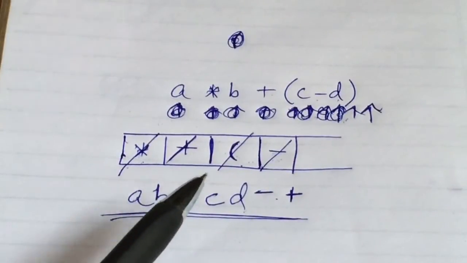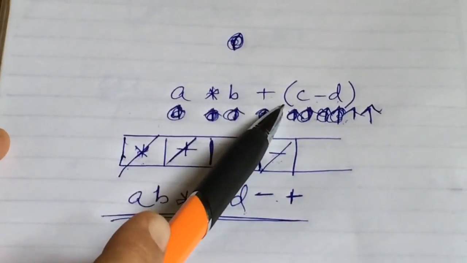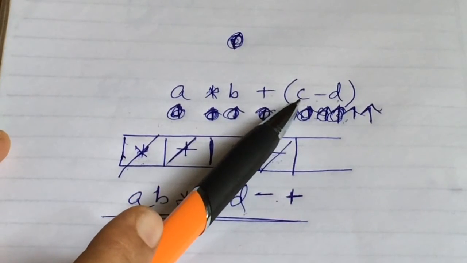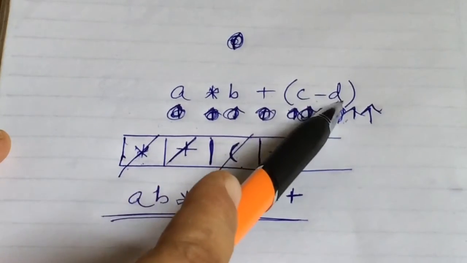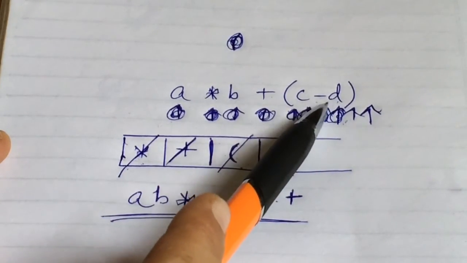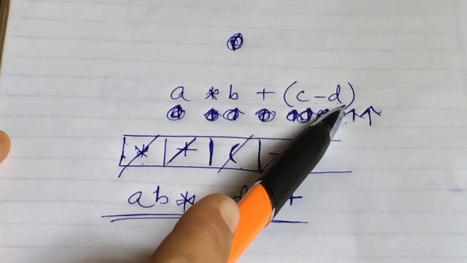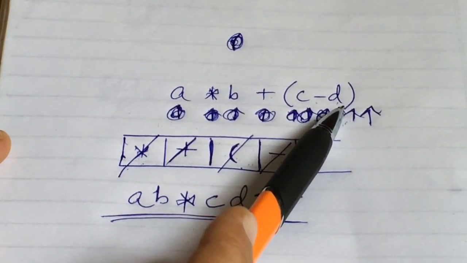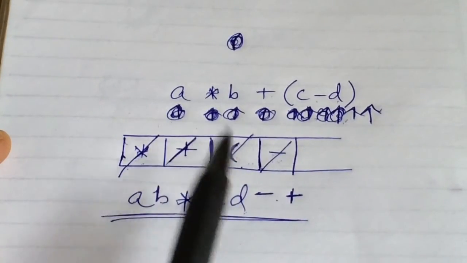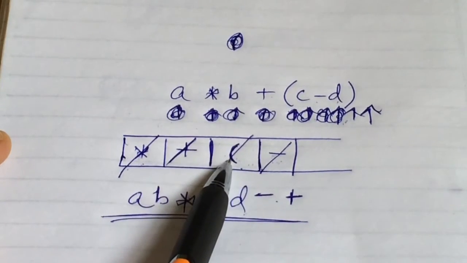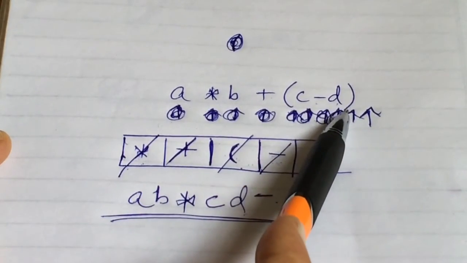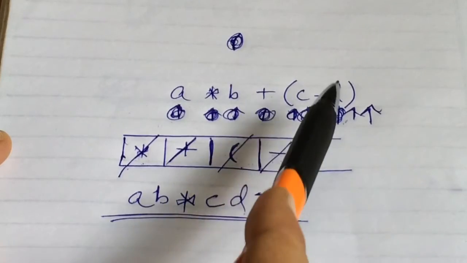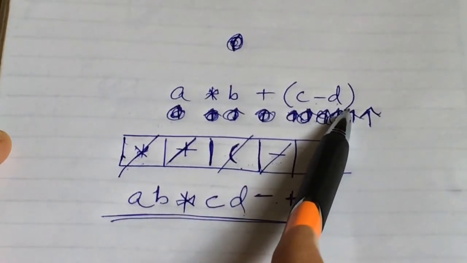One thing you have to remember here is that whenever in the input your left parenthesis comes, you just push it in the stack. But when the right parenthesis comes, you will not push it on the stack, but what you have to do is pop the elements from the stack until you get the left parenthesis. Left parenthesis will be pushed onto the stack, but when right parenthesis comes, it will not be pushed onto the stack. You will stop there